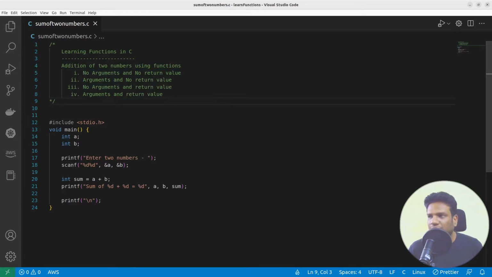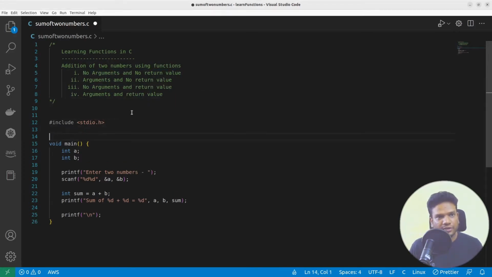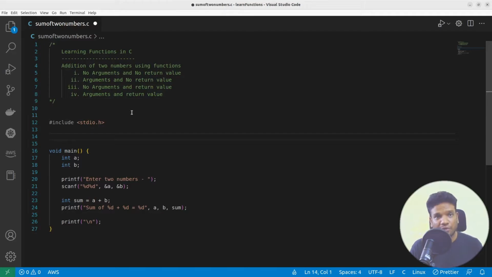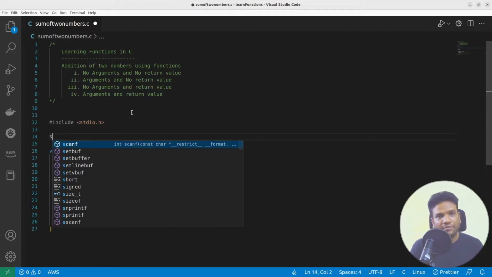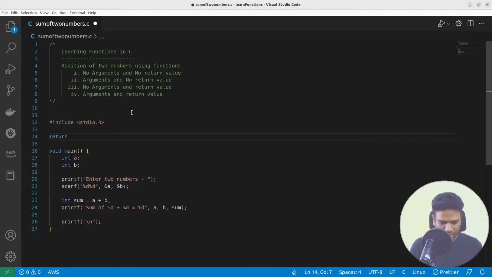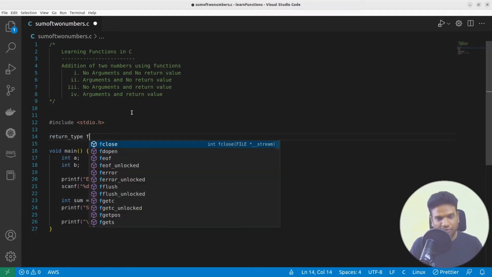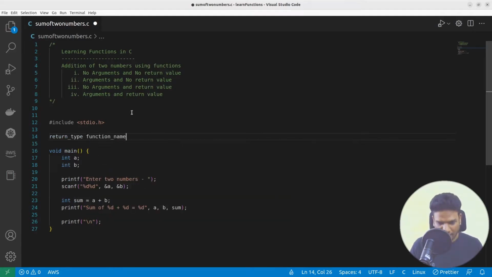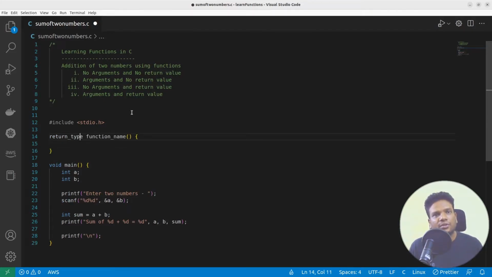no return value. Okay, what I'm going to do is write a function with no arguments and no return value. So we already learned that the syntax is return type followed by function name and parentheses. This is what we've learned, right? So here, no return type, so I'll directly put it as void, and function name, I'm gonna name my function